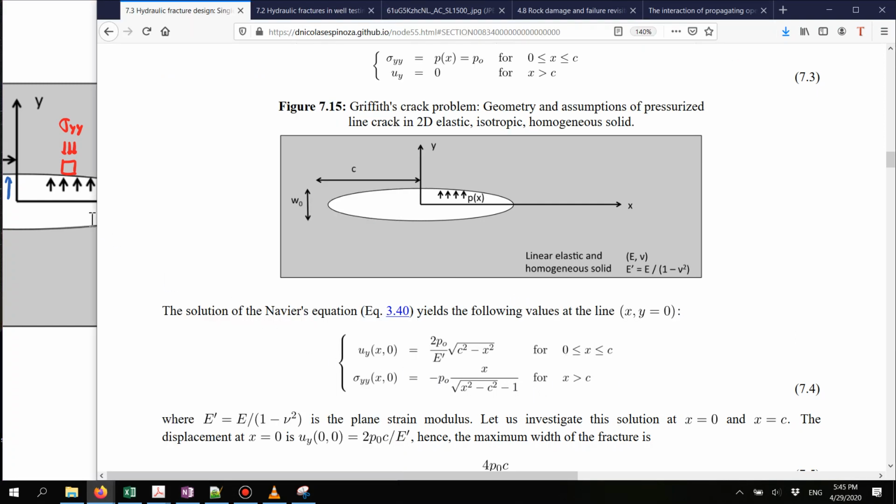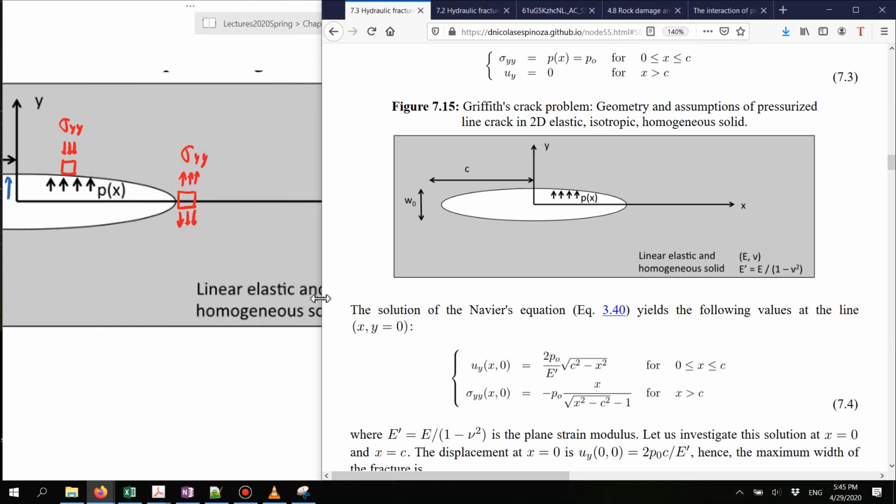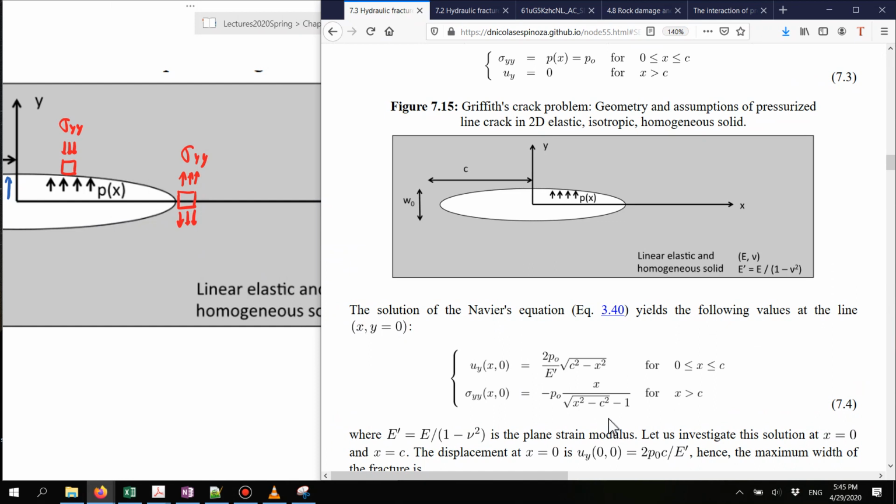Here in this equation, you can see that Kirsch found a solution for this stress. Let's see what happens with the equation when x is equal to c. That will be at this point. When x is equal to c, c squared minus c squared, that's going to be equal to 0, and therefore we're going to have here